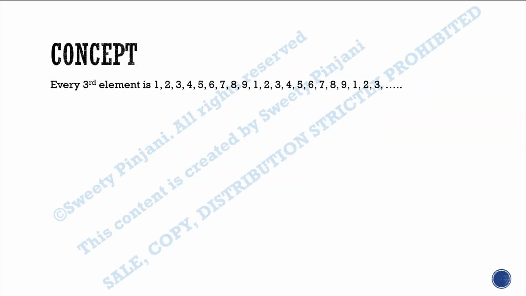Here, as I told you, every third element in the sequence is 1, 2, 3, 4 till 9 we will go, then again we will start from 1, 2, 3, 4 till 9 we will go, again we will start from 1 and so on. Every third element is like that. Another thing you should know, array indexes start from 0. So even if it's the third element, the index number will be 2. The index number for which the element will be equal to 1 is 2. It's not 3, it's 2. This you have to understand.